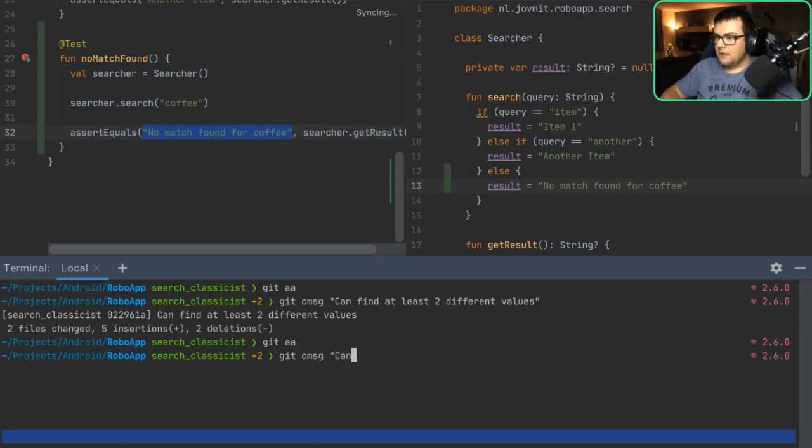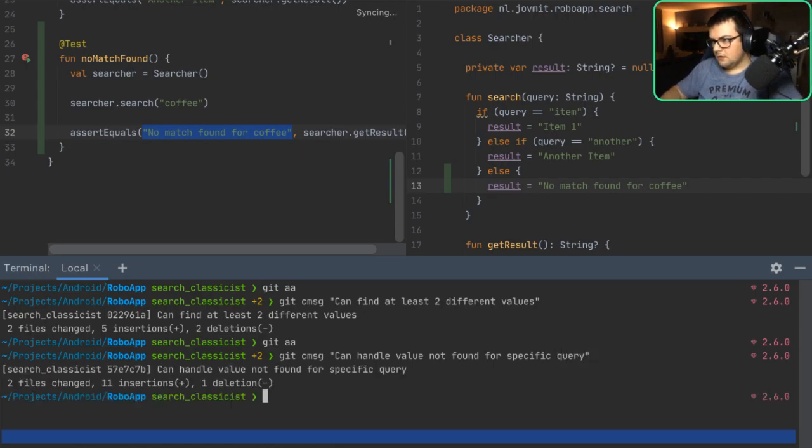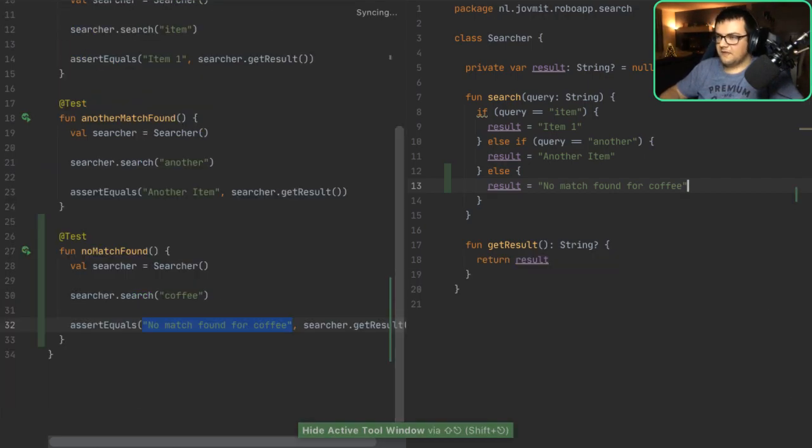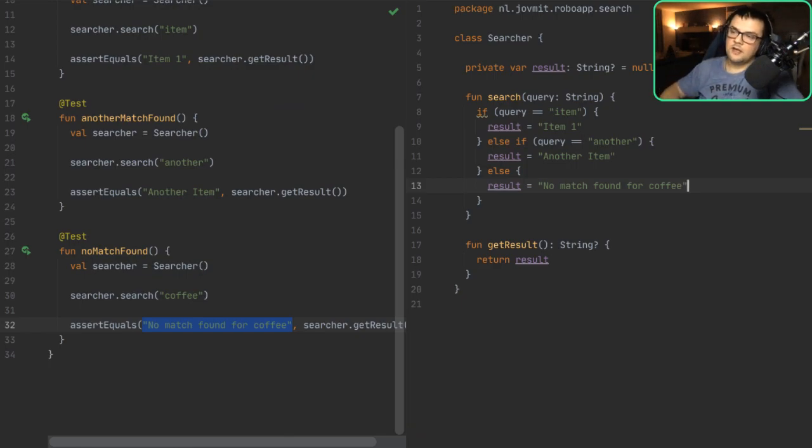Can handle value not found or, I would say, specific query. Specific because it's just one query that I can handle results from. And now, how can I